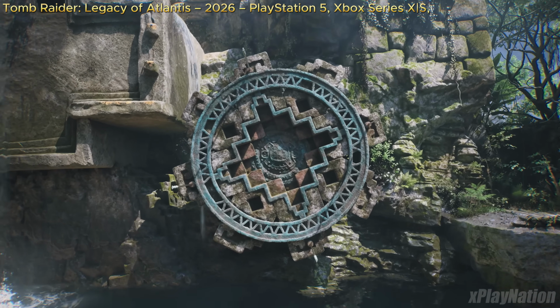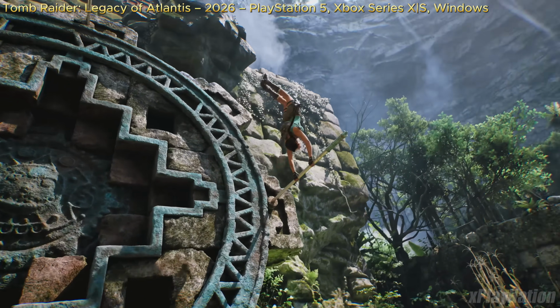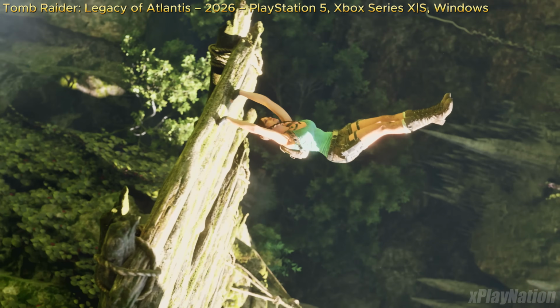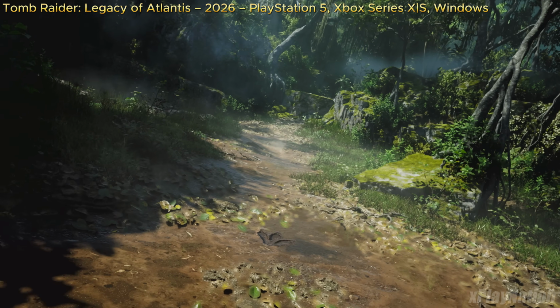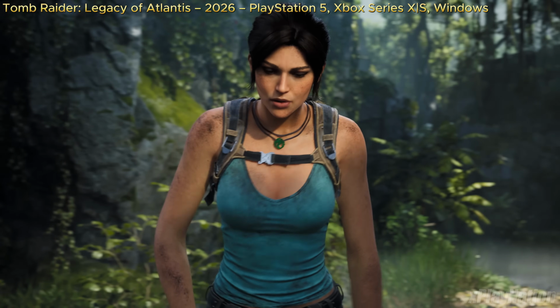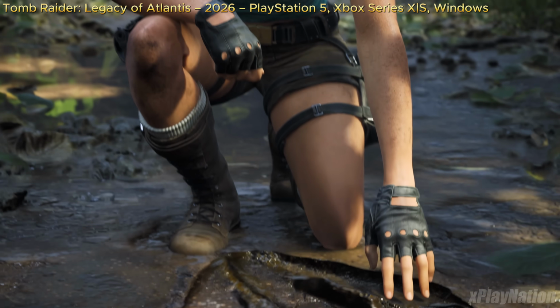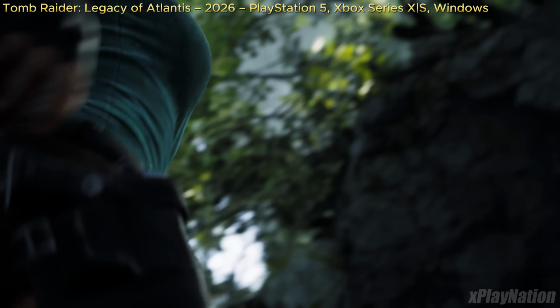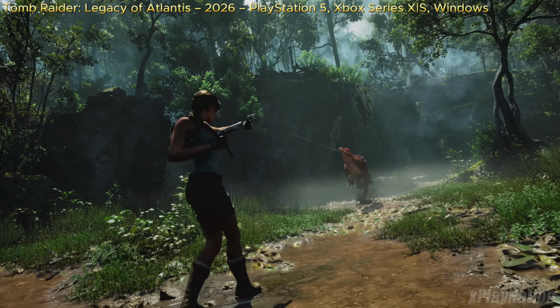in games has come. The jungles aren't just green backdrops, they're layered with foliage density, shifting shadows, and wildlife that reacts naturally. Ruins look weathered, with cracks and moss that feel like they've been there for centuries. Even Lara herself is rendered with subtle details, sweat, dirt, and micro-expressions that make her feel human rather than a